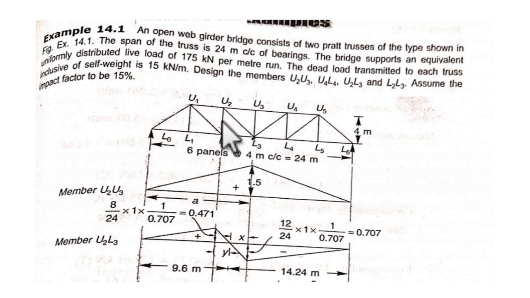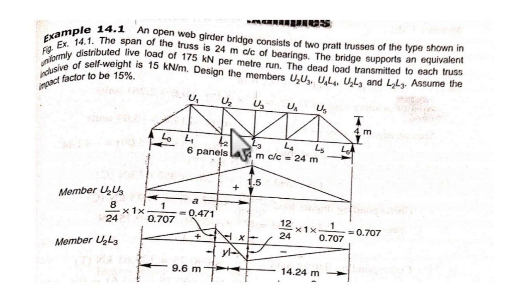So now this is a Pratt truss. The Pratt truss is a through bearing bridge where the deck is supported on the bottom chord and not the top chord. So first, we find the design forces. For designing these members, we need to find the design forces in each of them. For that, we need to know the influence line diagram for these members. So you draw the ILD, influence line diagram, for each member.